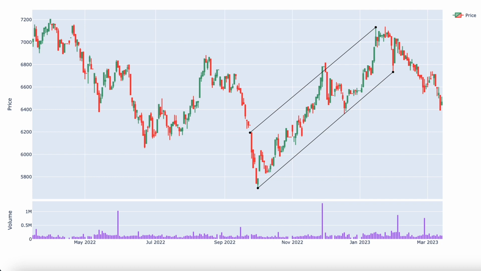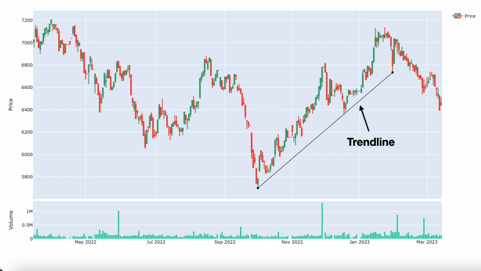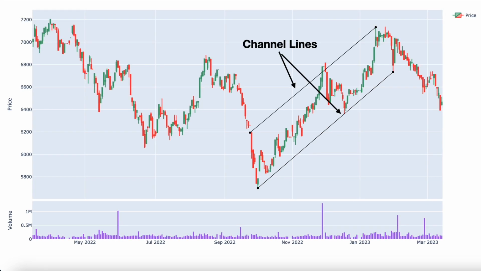There are quite some ways of finding where the price of a stock will go. Two of them are trend lines and channel lines. Trend lines are lines connecting successive highs or lows of price in order to find a pattern, or trend, in price. Channel lines are like trend lines, except that they connect both the successive highs and lows in order to find a range where price goes to.